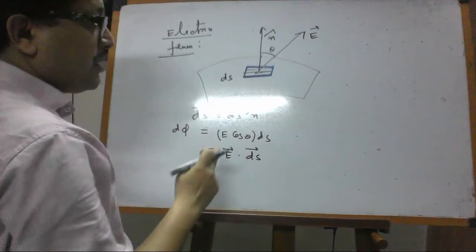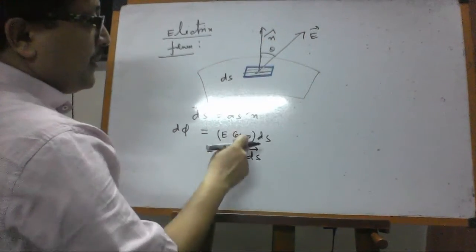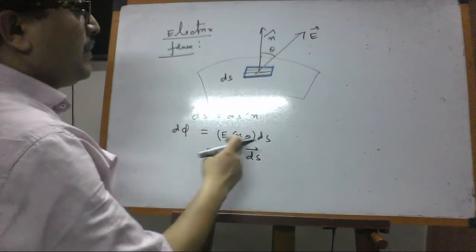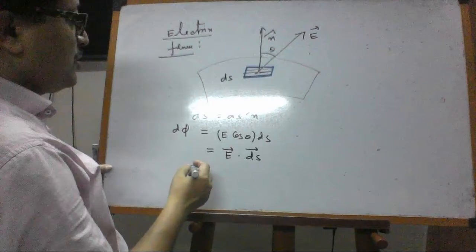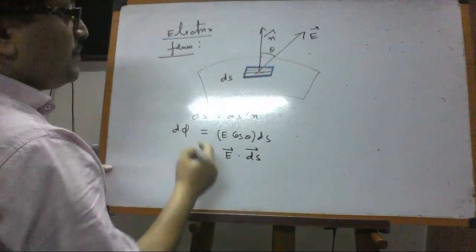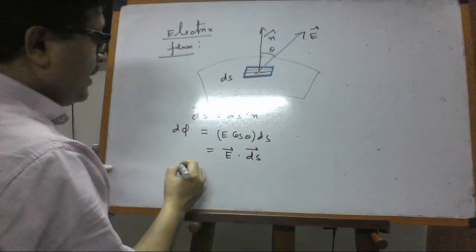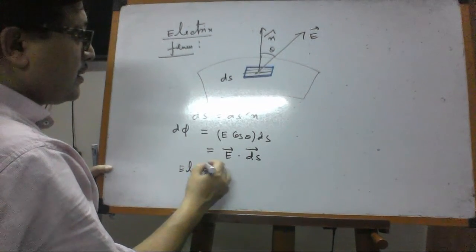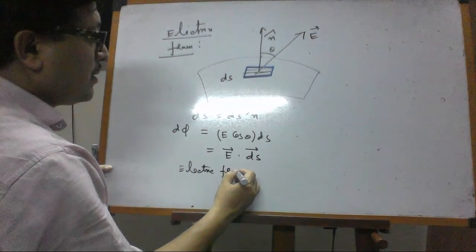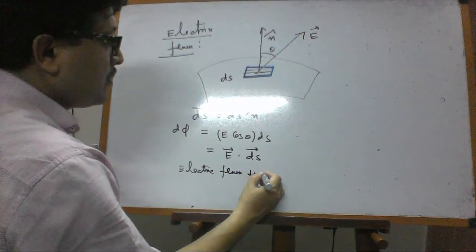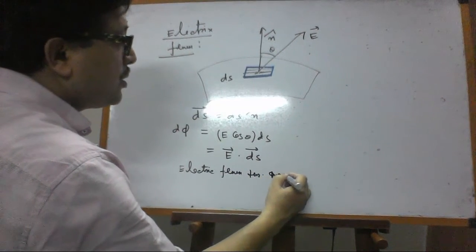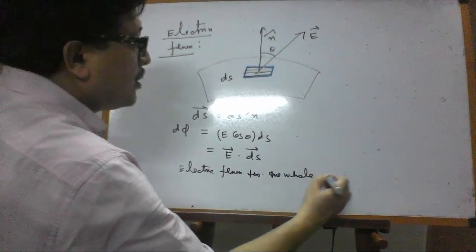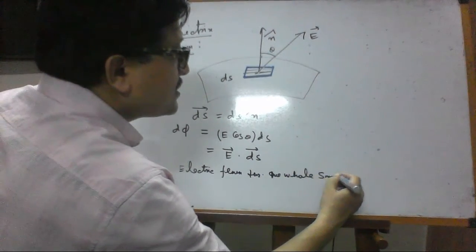So over this area it will be multiplied by ds. So over the whole surface if you want to find the electric flux through the whole surface,